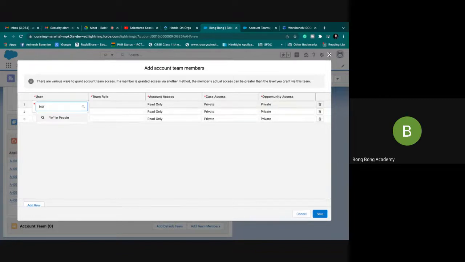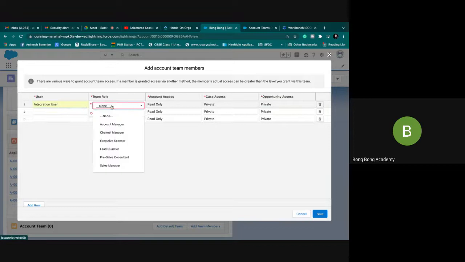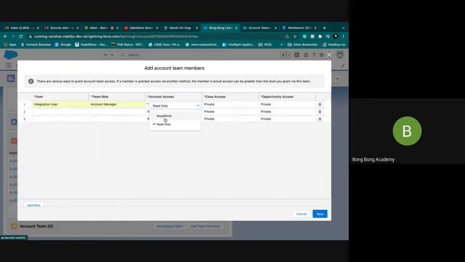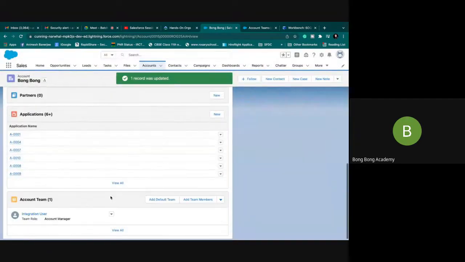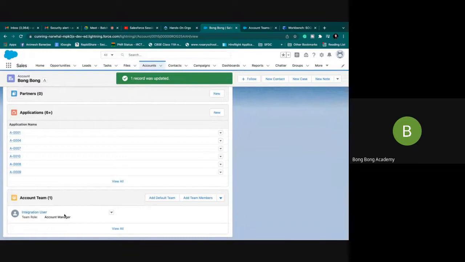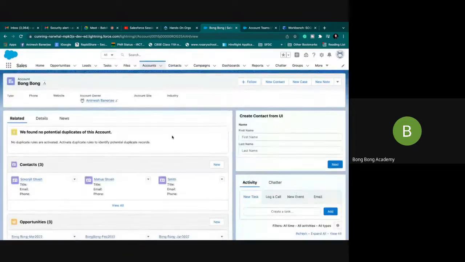Integration user, I will add now. And I am giving a team role called account manager. And this time I am giving a read-write access. So let's save this. So this is integration user. I have made them the account manager, and I have given the permission to them.